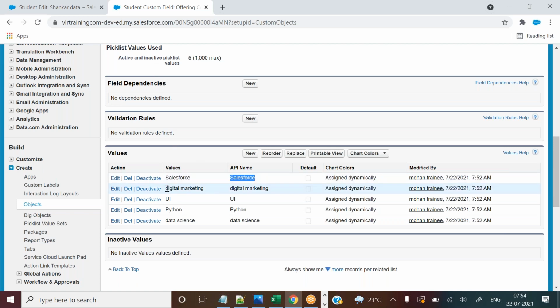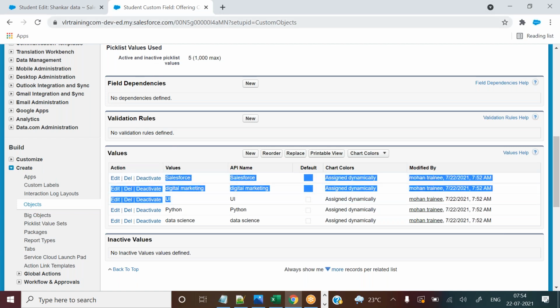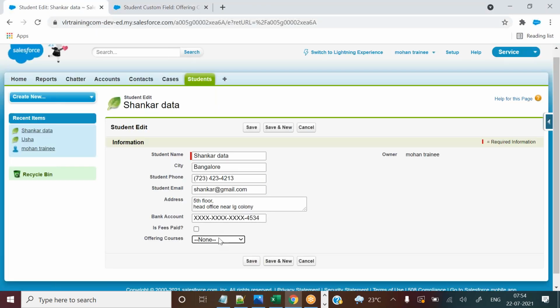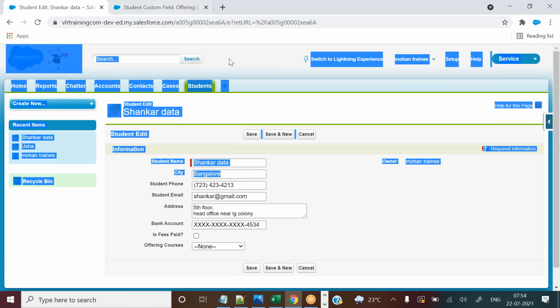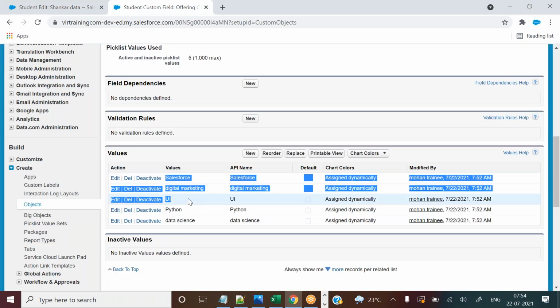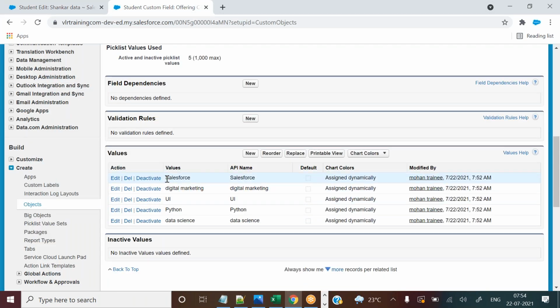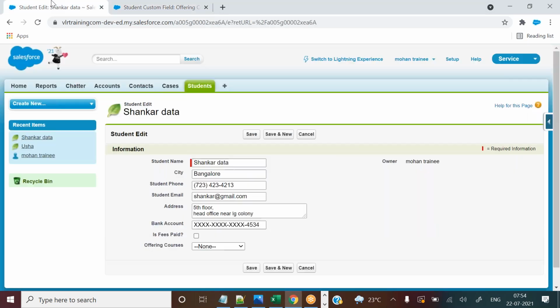Okay, that's it. Now you can see in this order only I have added. In the same order only you are able to see. This is the order I have given. And now, as I mentioned, a single value you need to add on a separate line. So that's how it is displaying. On a separate line, each value is displayed.